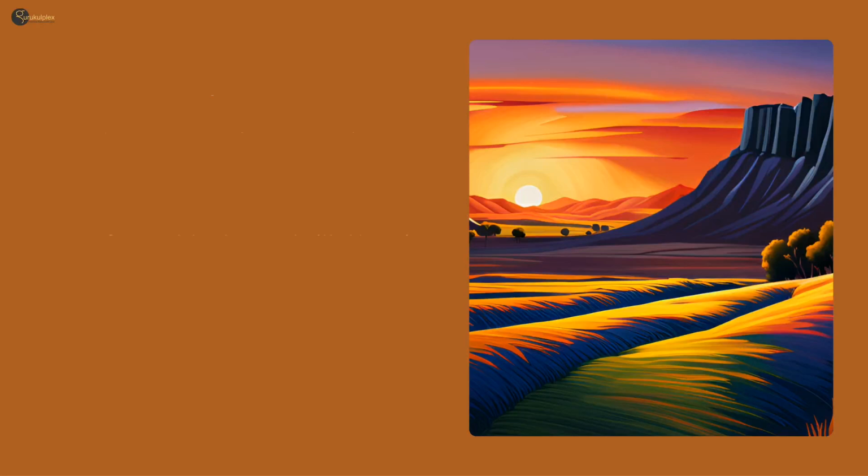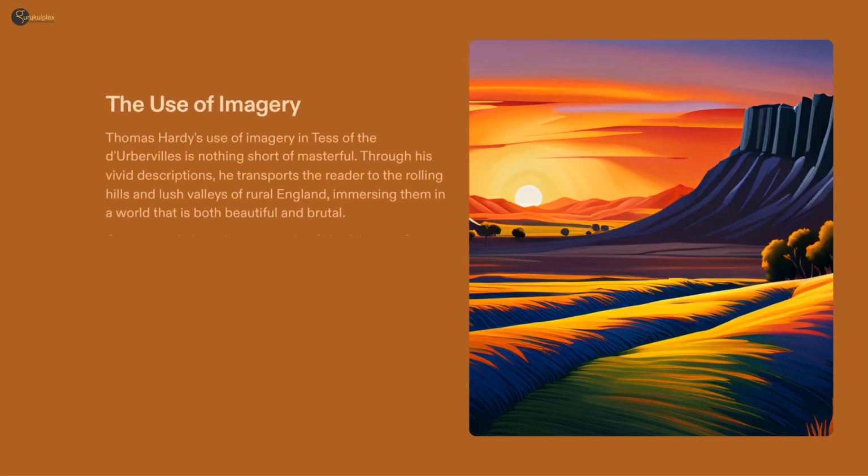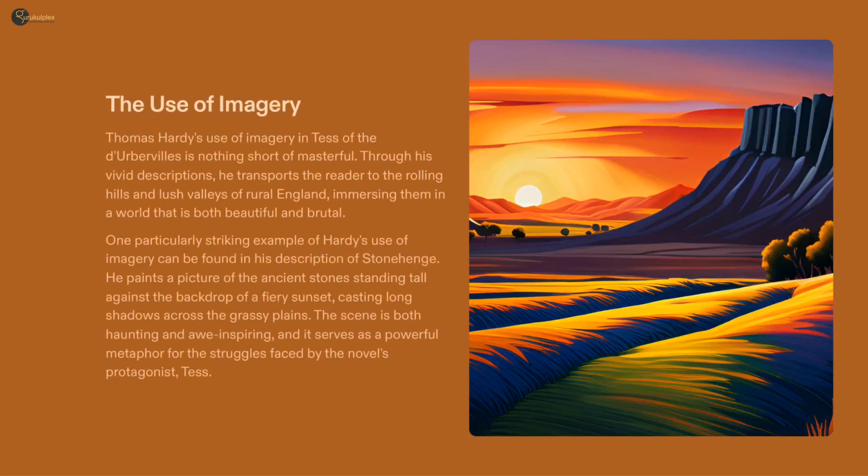Tess of the D'Urbervilles, the classic novel by Thomas Hardy, is an enduring masterpiece due to his impressive use of imagery. One of the most powerful of these is his description of Stonehenge, its silhouettes looming against the backdrop of a captivating sunset. This scene provides a fitting metaphor for the battles Tess engages in during the novel. Hardy's work is remarkable and, for any fan of literature,